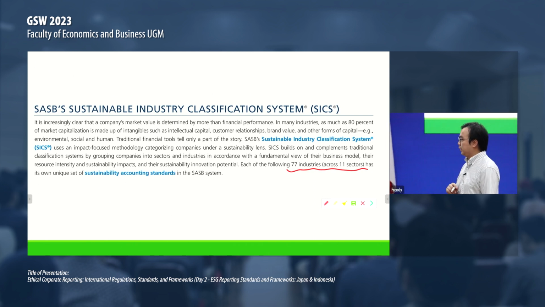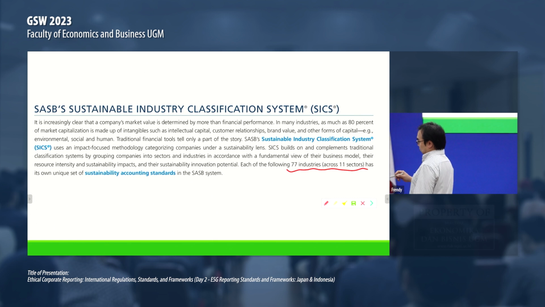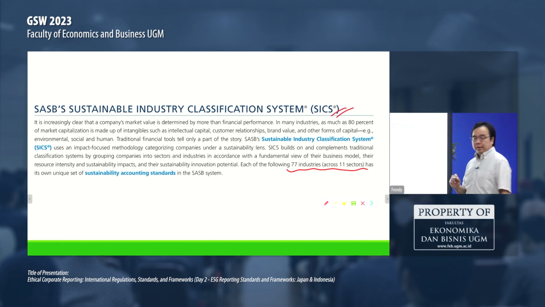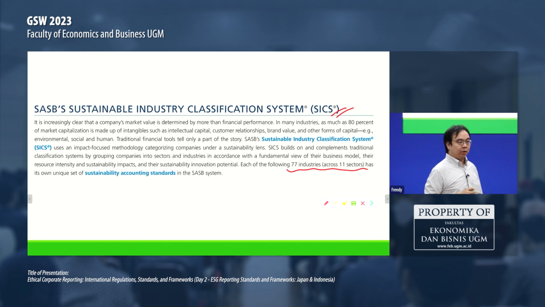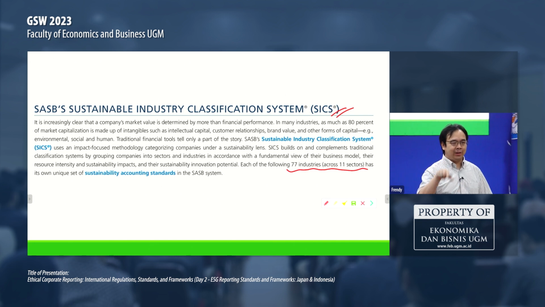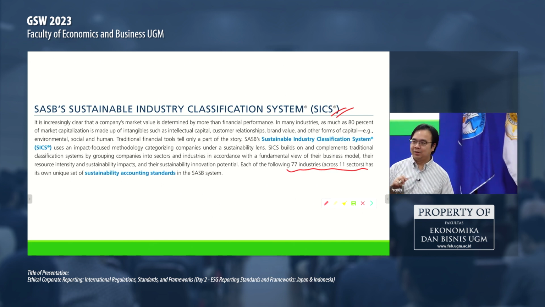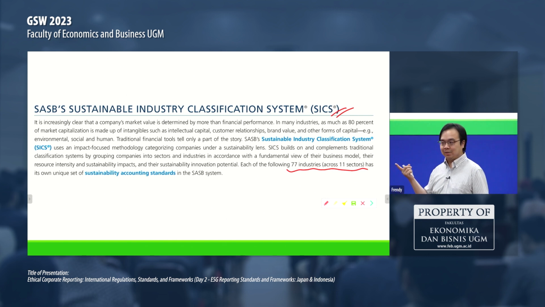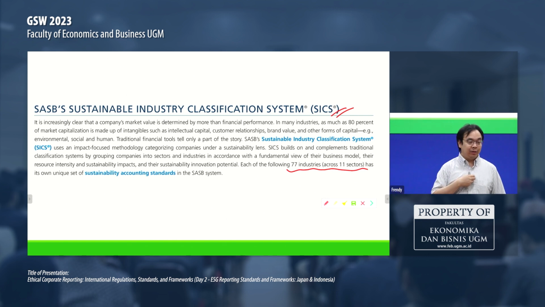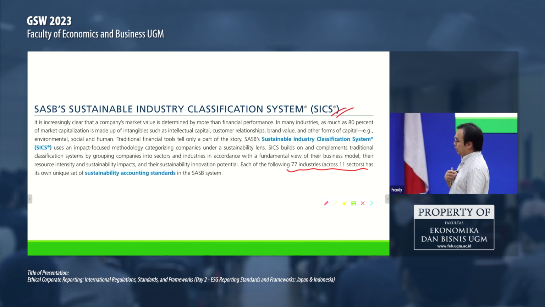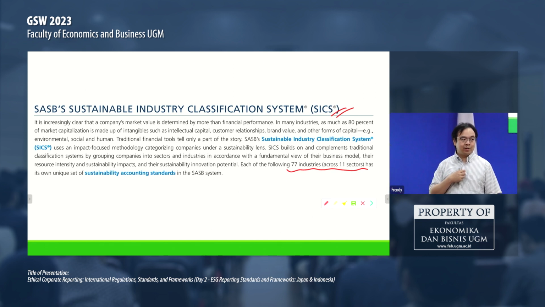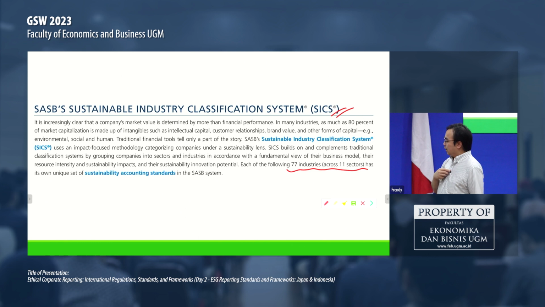So this is the description of their standards. They classify standards based on industry and sectors. Okay. We already discussed GRI, right? How many sectors are contained in their standards? How many? Only one, right? Oil and gas. For SASB, they have come up with standards for 77 industries across 11 sectors. Okay, so they are more detailed in that category.